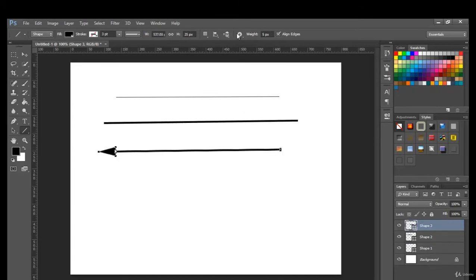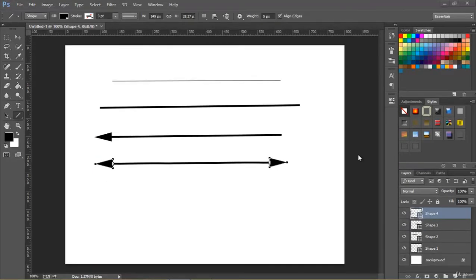Okay. Now again come to the wheel and select the end also. See, now you can notice that at both ends we have the arrowheads. One thing you can see, that these lines are not that straight.